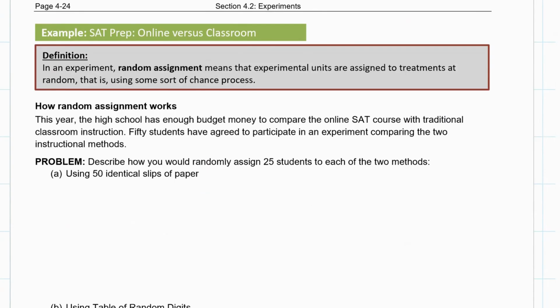This year, the high school has enough budget to compare an online SAT course to the traditional classroom instruction. 50 students have agreed to participate in an experiment comparing the two instructional methods. How would you randomly assign 25 students to each of the two methods? Well, if we're told that we're going to use identical slips of paper, we could say that the names